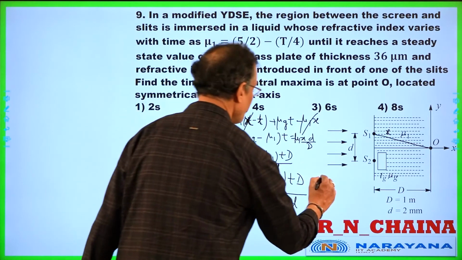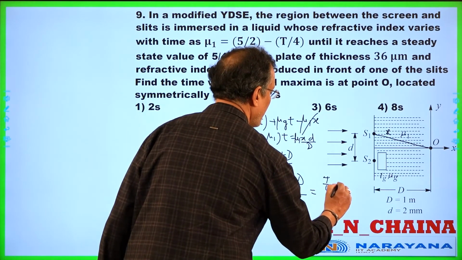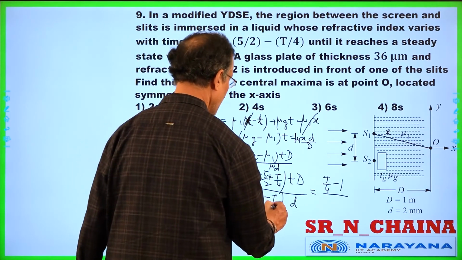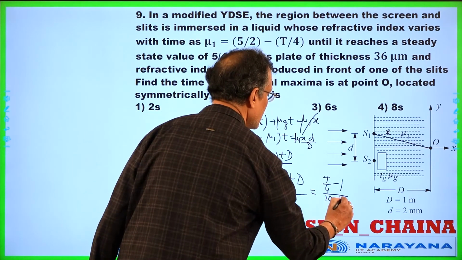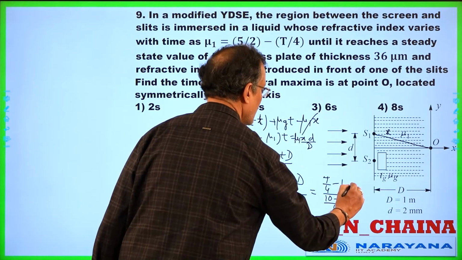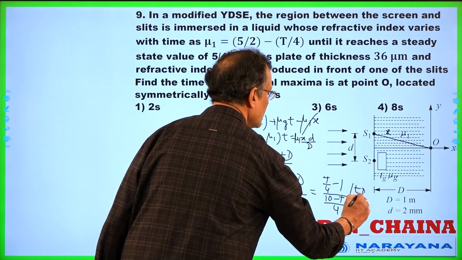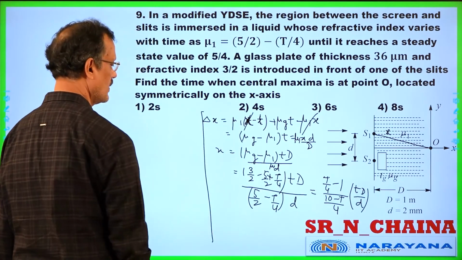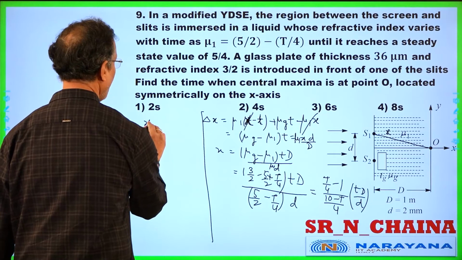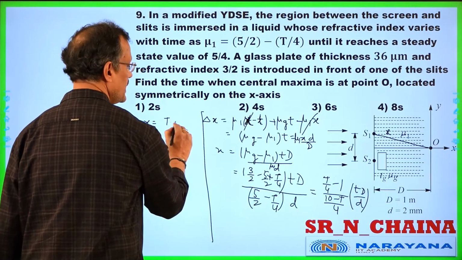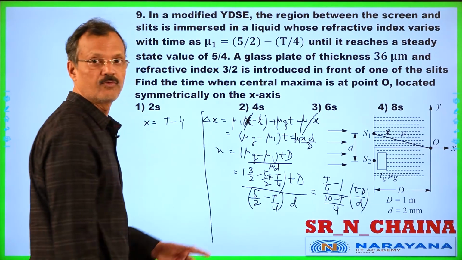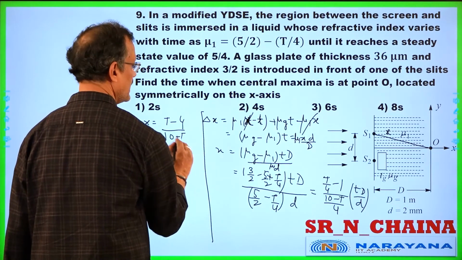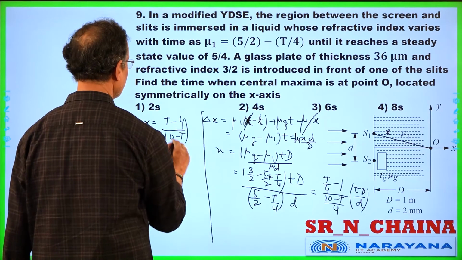So it is t by 4 minus 1 by, if you go here, it will be 10 minus t by 4, and this constant, let it be here. Okay? How much are you getting now? Your x equals t minus 4, 4 cancelled, by 10 minus t, and this